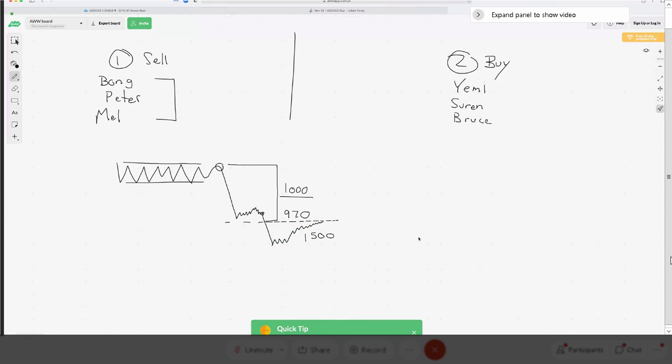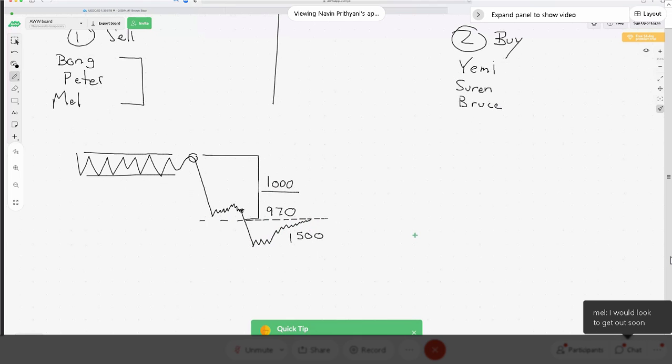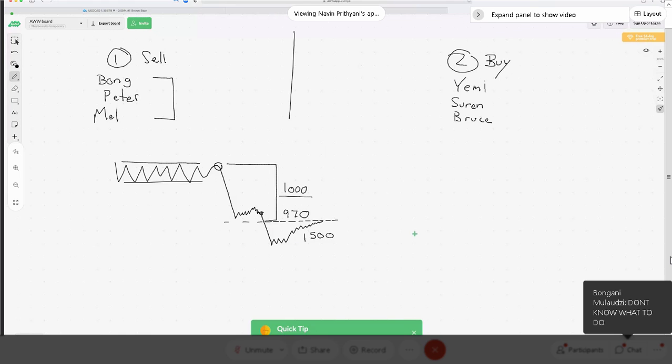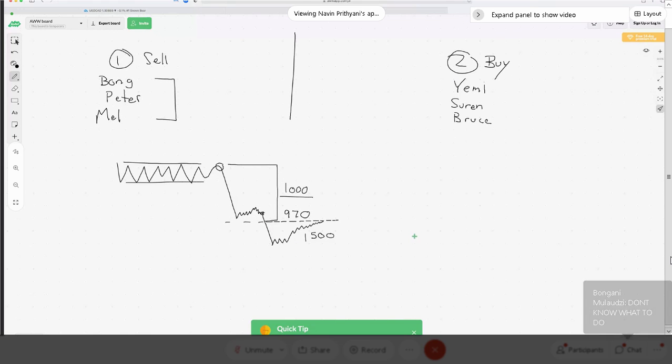Bong, Peter, Mel, do you feel threatened? What is the state of your mind right now? Price is back around $1,100 in profit. Mel is saying, I would look to get out soon. Bongai is saying, I don't know what to do. And Peter is saying, close it. So Peter's out, but two are still in it with certain ideas of, I'm thinking about closing soon,